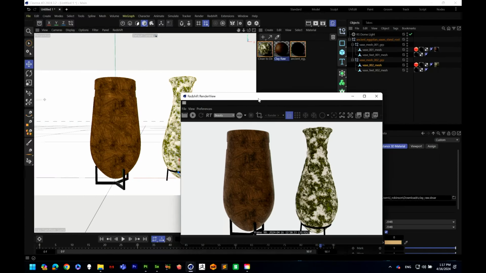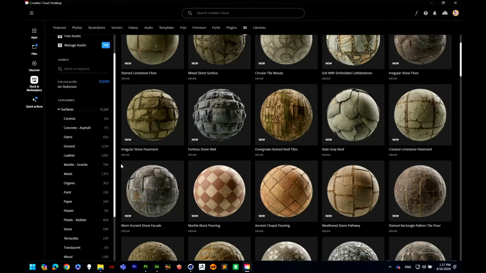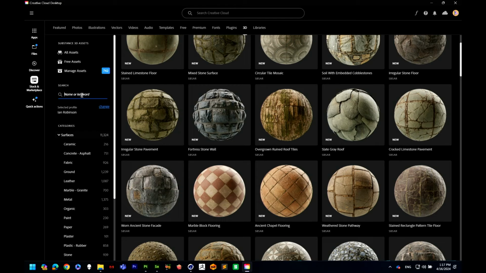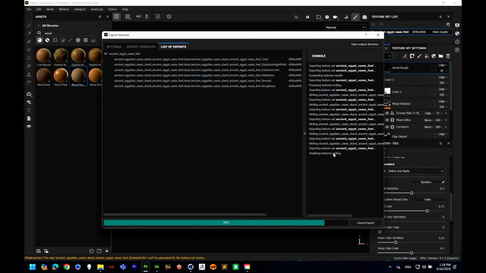But what's nice about the models themselves, if you remember from the start of the demo, we got those models from the Substance Asset Library. Those models already have UV maps for us. And so I was using that same model across Cinema 4D and Substance Painter. So what's nice is that I don't need to re-import the model. I don't need to worry about UVs. The UVs are already done. So once this finishes exporting out, which should be, I hope, anytime soon,